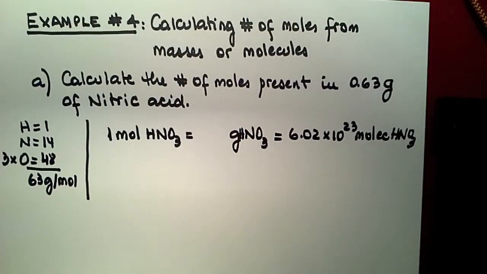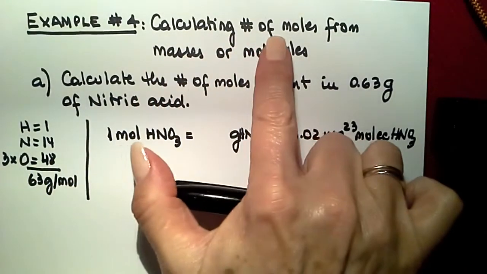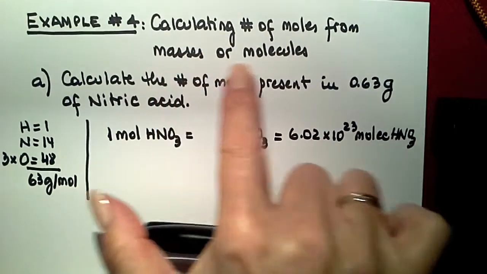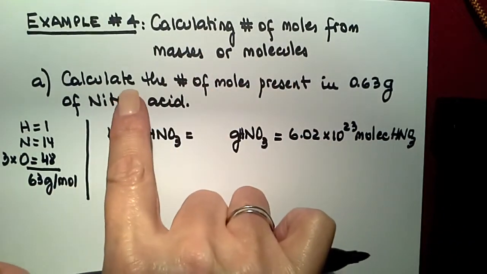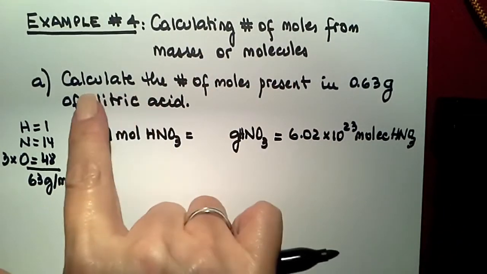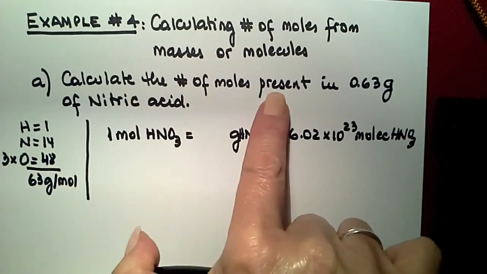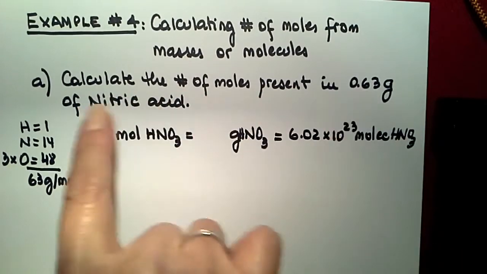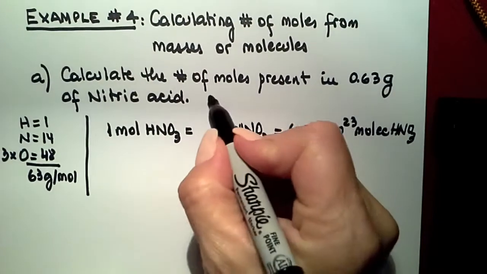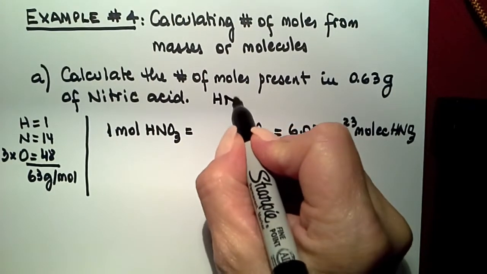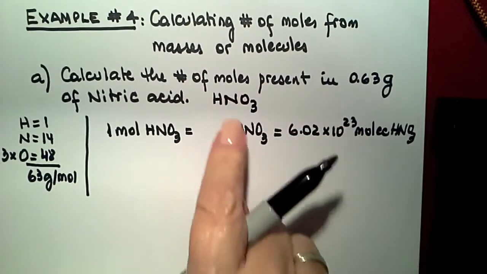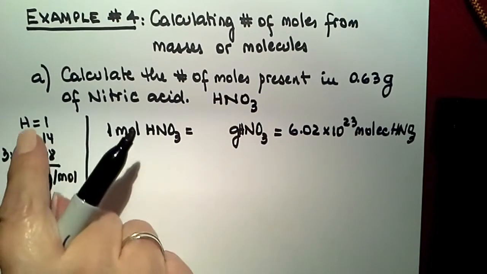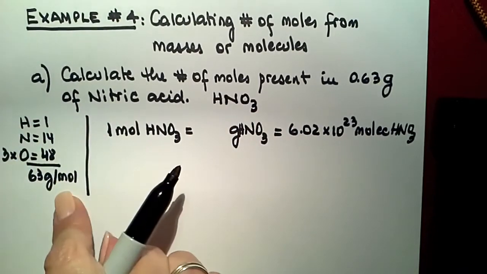In this example number 4, we are going to calculate the number of moles from masses or molecules. In this first example, calculate the number of moles present in 0.63 grams of nitric acid. The formula of nitric acid is HNO3. So the first thing that we need to calculate is how much is the molar mass of the nitric acid,